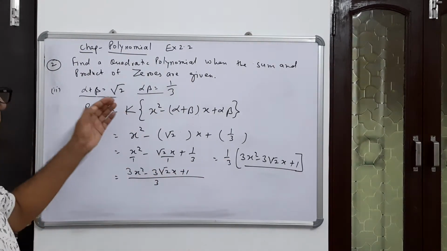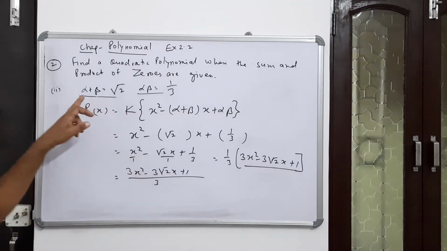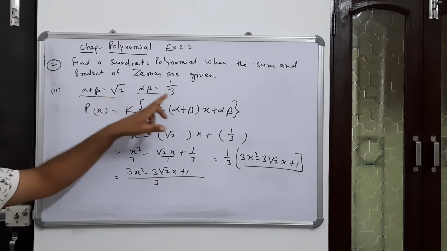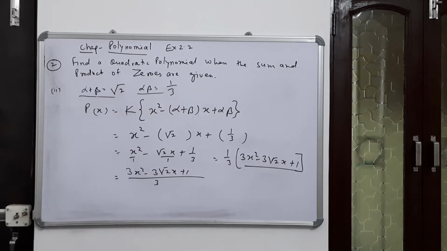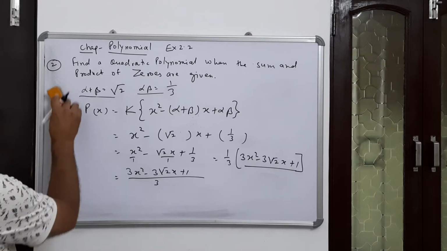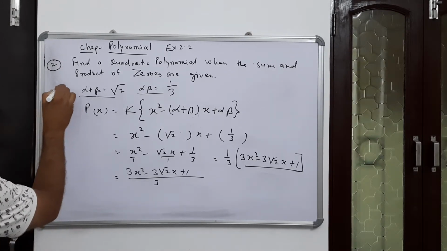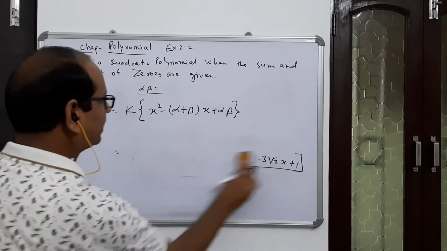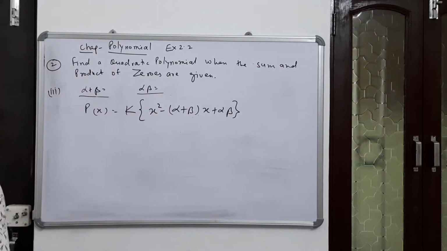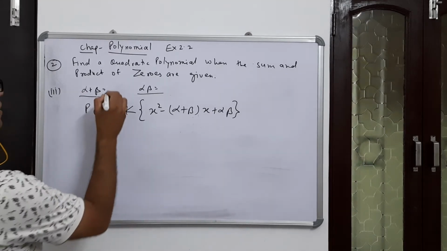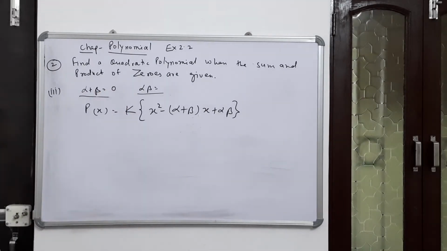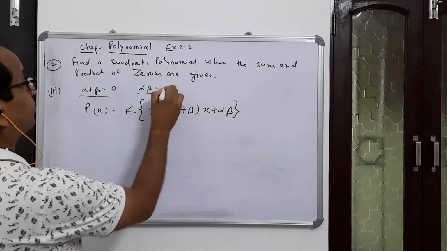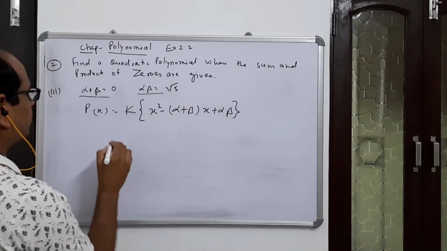So in this way, I have explained one more sum, that is how to find a quadratic polynomial when alpha plus beta and alpha into beta are given. See, in this session, I am explaining one more sum to make your ideas stronger. The problem is, please see this now. I hope you all can answer this one. Alpha plus beta is 0 and alpha into beta is root 5. Then how to proceed? So look here now.